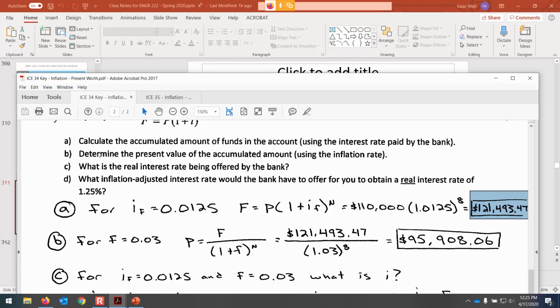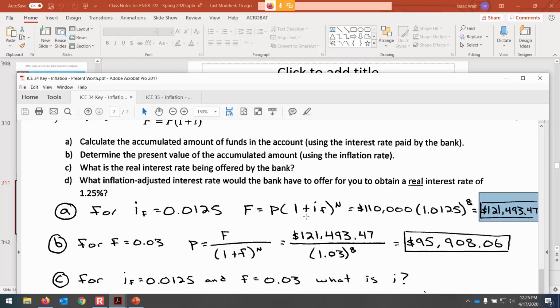So in part B, it says determine the present value of the accumulated amount. Here in blue is the accumulated amount. So what's the present value of that? We're going to use the inflation rate of 3% and take that 121,000, which is 8 years in the future. How much is that worth in today's terms if it's discounted at 3% per year? So we rearrange the P to F relationship, and this time we're going to solve for the present value, and you can see that the present value is only